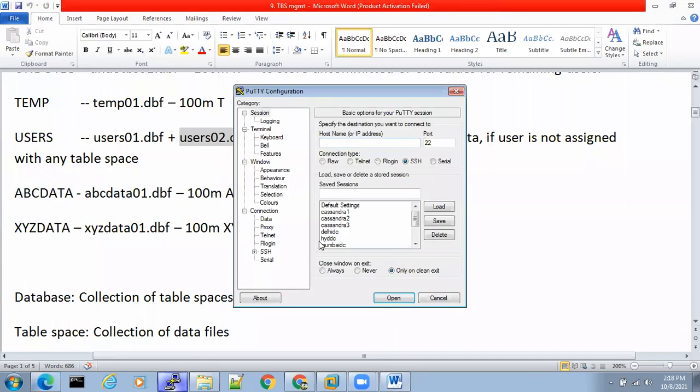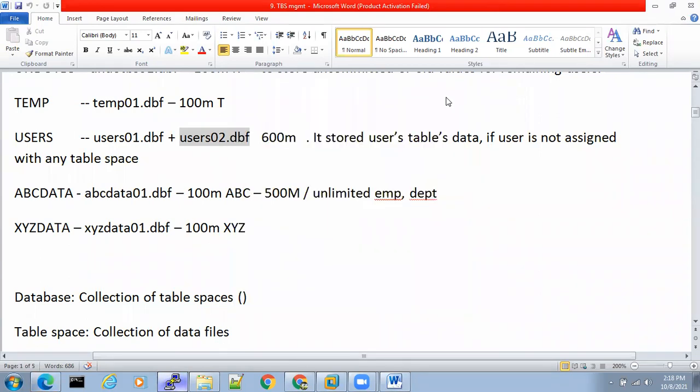So you have to log into the server like this. You have to open the server, set the environment to ORINV, connect to the database, then check which table space. Then you have to add the data file. How much time will it take? Minimum 5 minutes to connect to one database and add one data file. Yes, sir. So what I did is